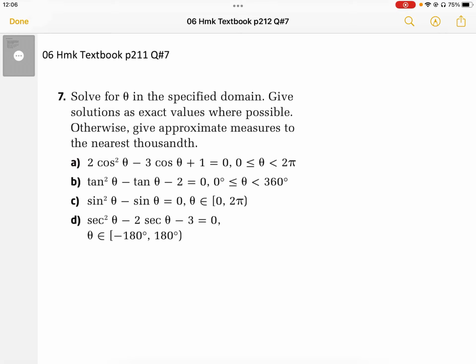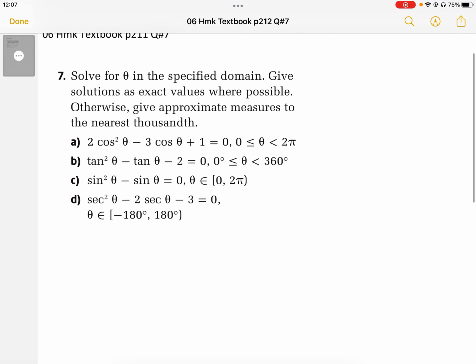Question 7 says solve for theta in the specified domain and give the solutions in exact values where possible. So if we have special value ratios, we have to give the answers as exact values. Otherwise, give the approximate measures to the nearest thousandth. So for A,